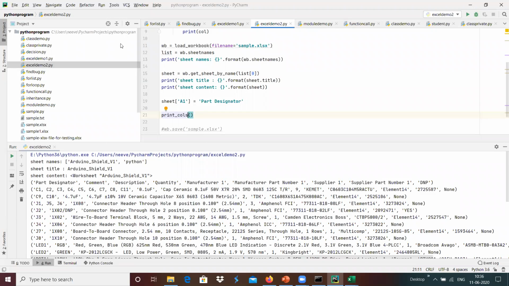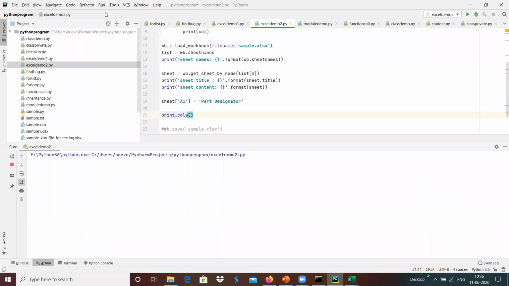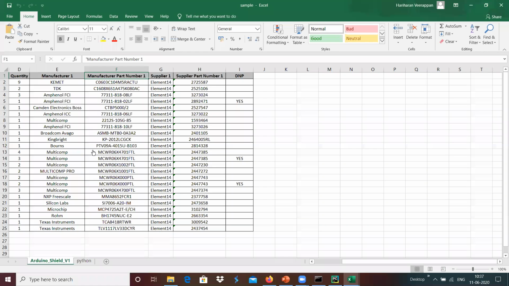Now we will see how it prints over here. Here we have the part designator. It's something like column wise print.